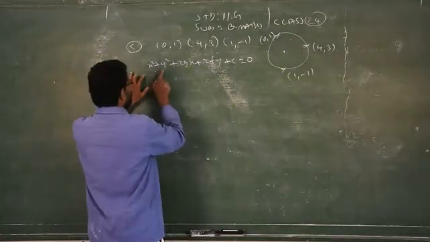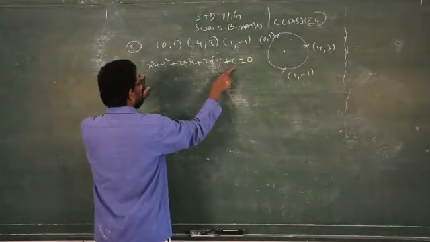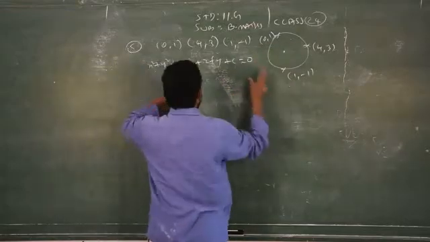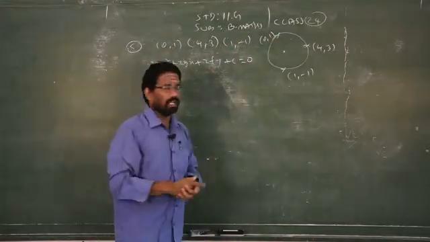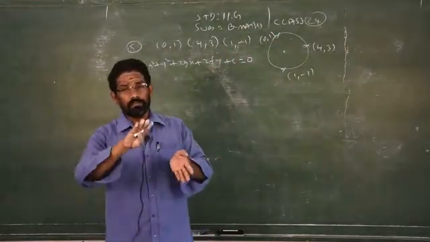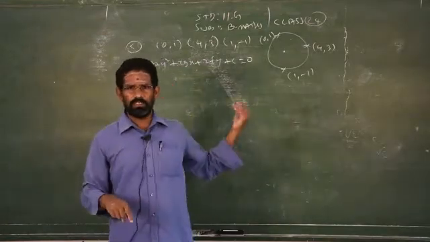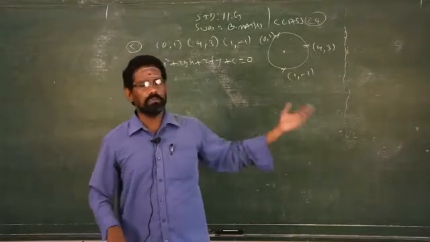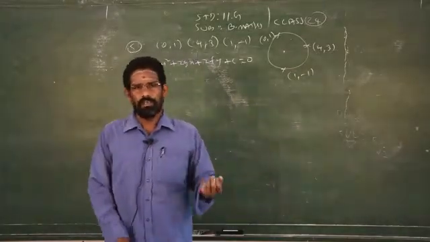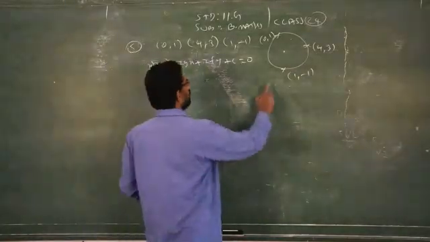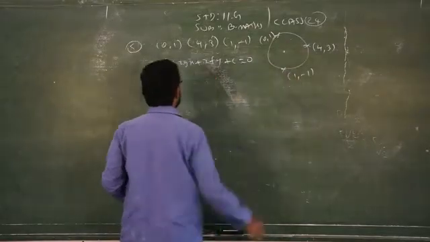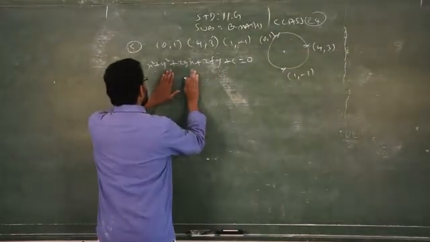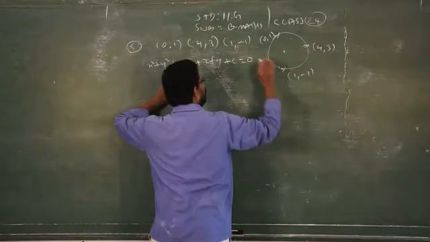The same concept is what we are going to use. The general equation of the circle is x square plus y square plus 2gx plus 2fy plus c. They said these 3 points lie on the circle. They did not ask us to verify that. That comes in the next exercise, to verify whether the points are on the circle, inside the circle, or outside the circle. But here it is given already that these 3 points lie on the circle. Therefore, this equation is satisfied by the 3 given points.